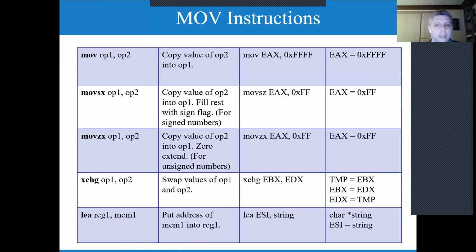This is essentially the same as saying in C code that we have a character array called string, and we're just copying the location that string is at into ESI in this case. The reason that you'll see the LEA command used a lot is because a lot of instructions cannot write to memory directly. They have to write into registers, and then there's another command that copies the value in the register back into memory. Especially things like